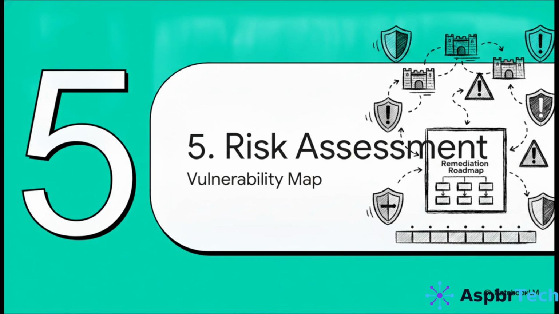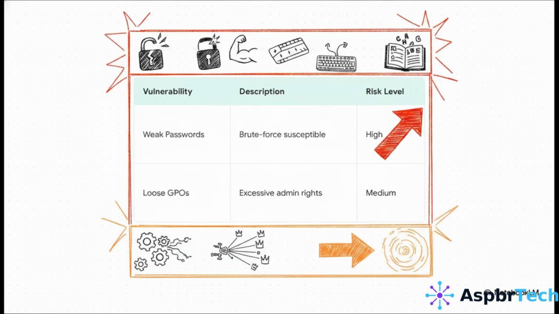Let's pull this all together in Section 5, the Risk Assessment Matrix. Once you identify these weaknesses, you have to categorize them so you can actually allocate your engineering resources effectively. Mapping it out brilliantly shows the difference in threat types. Take weak passwords, for instance. Super susceptible to brute forcing, dictionary mapping, or spray attacks. We slam that into high risk because it's a direct, immediate compromise vector.